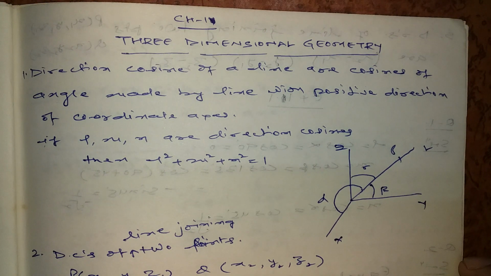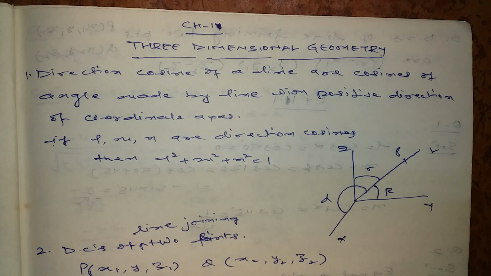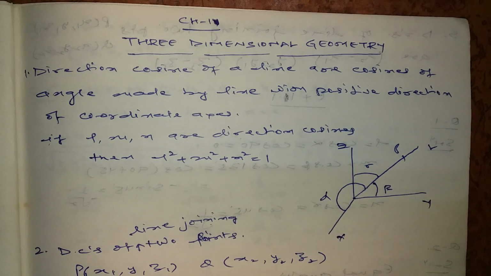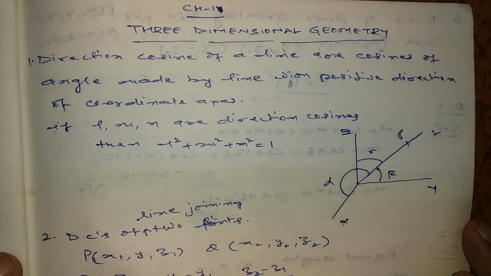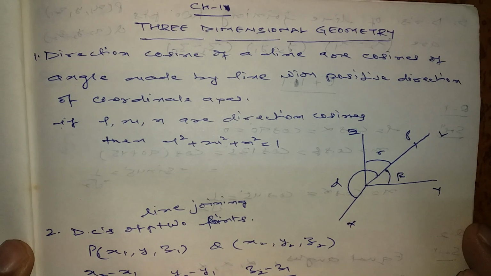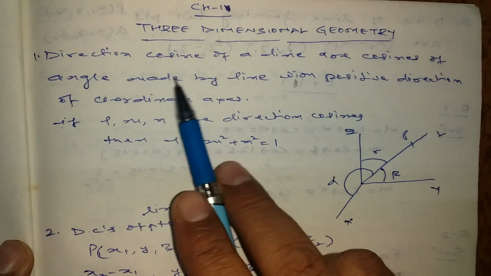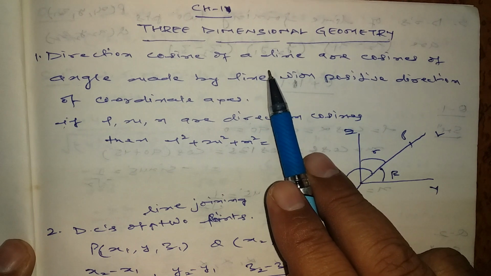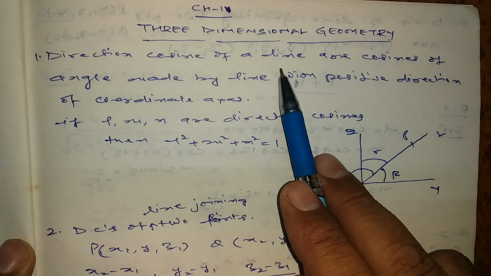Good morning, students. With the continuation of vector, today we will start three-dimensional geometry, 3D geometry. In three-dimensional geometry, we are familiar with the direction ratio and direction cosines from the chapter on vectors. We will continue with the recapitulation work. These are some results before three-dimensional geometry, terms which will be frequently used